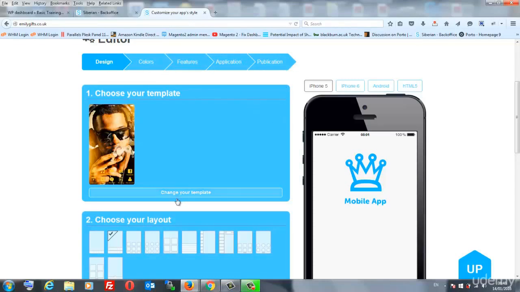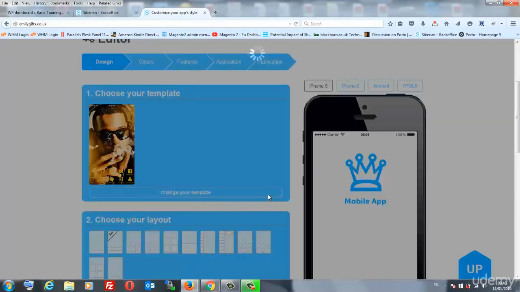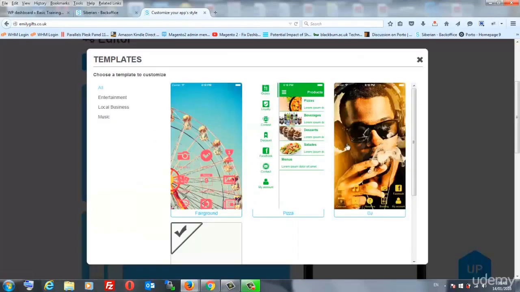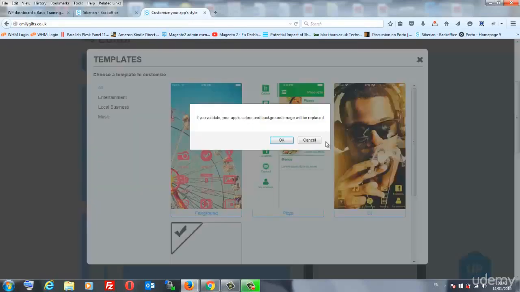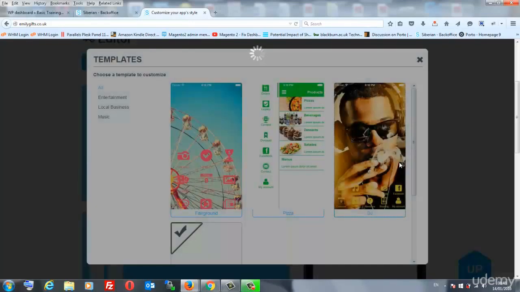So the first thing we need to do is to change your template. Initially you will have a plain template. So from the left hand side you can choose what category you want. At the moment there are only 3 different categories. You've got the fairground, pizza for a restaurant or a local business, and the DJ for music. So you just select any of these for now, because we're going to change and tweak it as well. So if I click the DJ template,